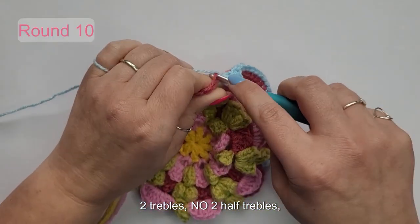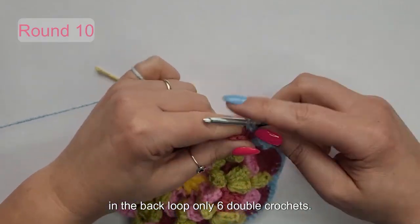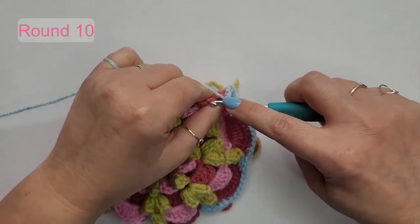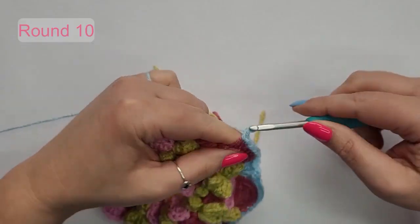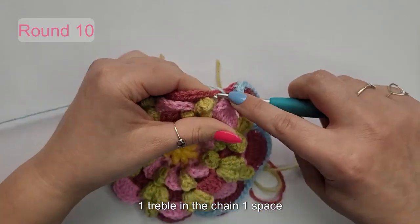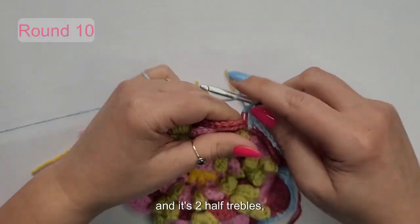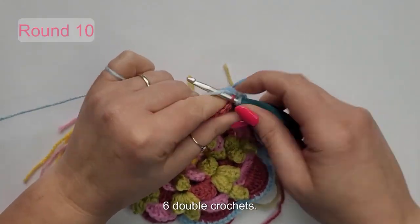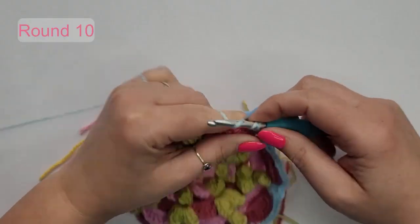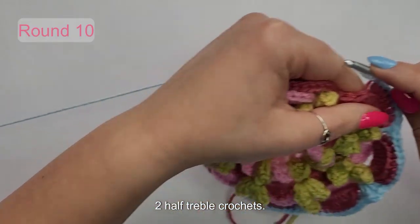2 trebles, 2 half trebles, and then in the back loop only 6 double crochets, 2 half trebles crochets, 1 treble in the chain 1 space, and then skip 1 and it's 2 half trebles, 6 double crochets, 2 half treble crochets,